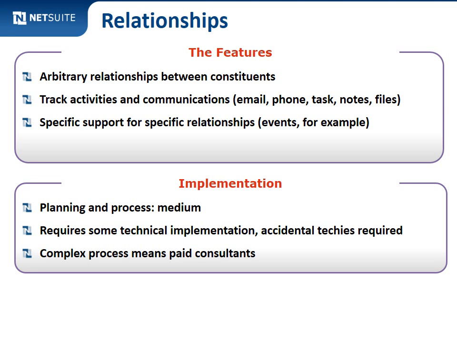implications for this strategy. The features that are really important, and this is something that you actually don't see in a lot of CRM systems, is the concept of arbitrary relationships between constituents. A lot of times you'll be able to manage, I'm the employee of NetSuite, or my wife Michelle is my spouse even though our last names are different. But it doesn't necessarily allow you to do arbitrary relationships, which are relationships that might be important to your mission, that might be unique to your organization.